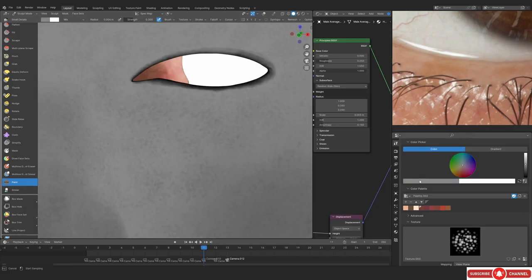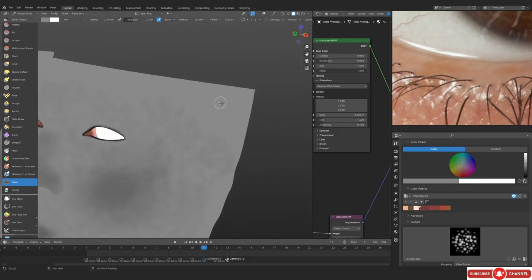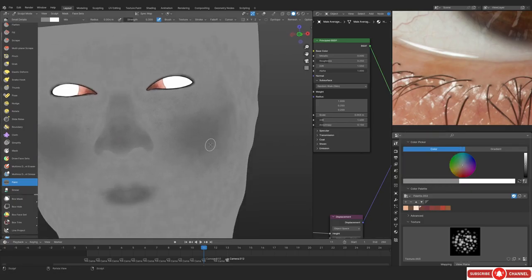Now you can actually just get away with anything, literally. Just make sure that it does look right in the render, and in the end your base color makes more sense, and you can always just adjust that in the nodes with the color ramp.